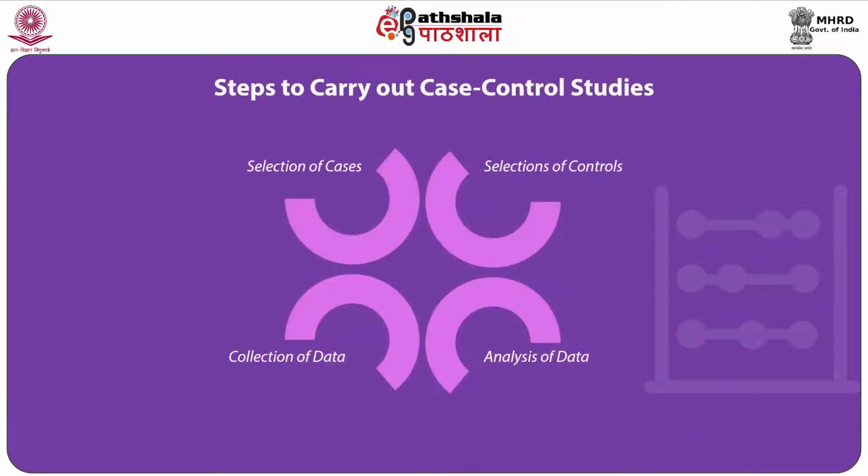The next step in case control study is collection of data. After the selection of cases and controls, the researchers should decide on the data to be collected, and the same data must be collected in the same way from both the groups. The researcher should be objective in collecting data with regard to past risk factors, since the outcome is already known. Though it is difficult, the researcher should take care in masking the outcome from the person who is collecting the risk factor information or interviewing patients.